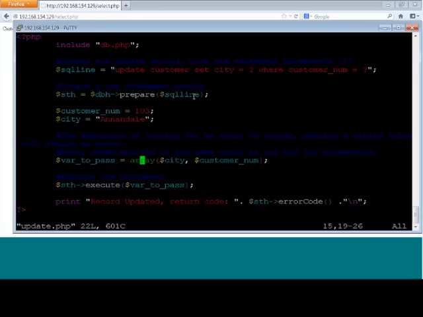So any variables we have in there will be part of an array. The first element of the array will be city. The second element will be the customer number. So again, the first element in our SQL line is city equals. City equals question mark will equal the city variable, which is Annandale. The second question mark will equal the second element in the array, customer number, so 103, so where customer number